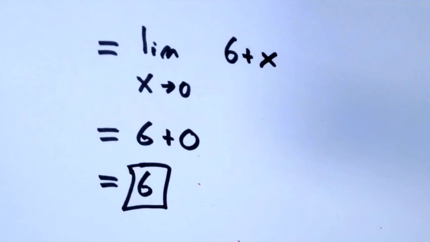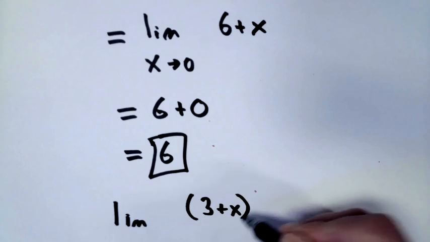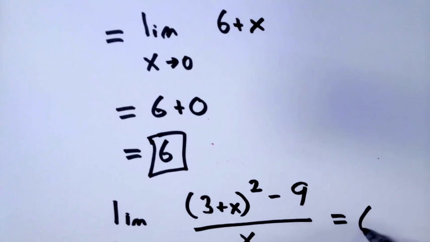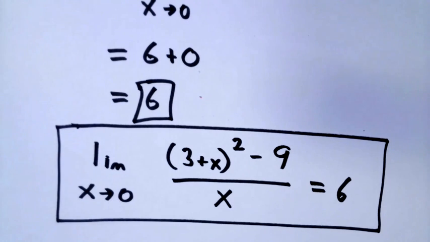So at the end of the day, my conclusion is that the limit as x approaches 0 of (3 plus x) squared minus 9 over x is equal to 6. It required a fair amount of algebra to reach that conclusion. And there's sort of a meta idea here which is